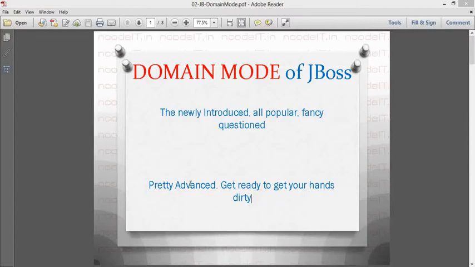Guys, let's see the newly introduced feature of JBoss, the domain mode. This was introduced in JBoss 7. Till now, JBoss was more like standalone instances, or even though those instances can provide all the services that a group could provide, something like another app server like WebLogic or WebSphere, but